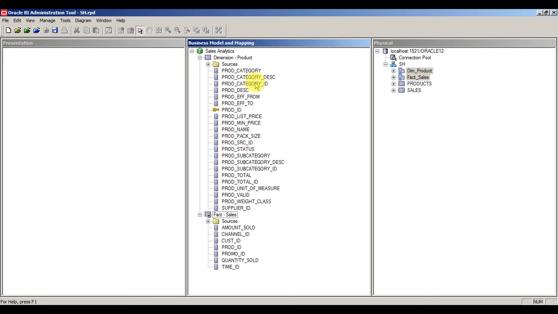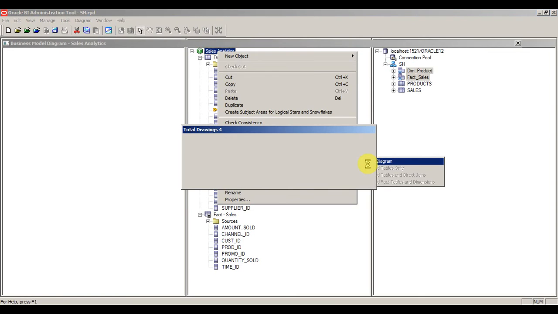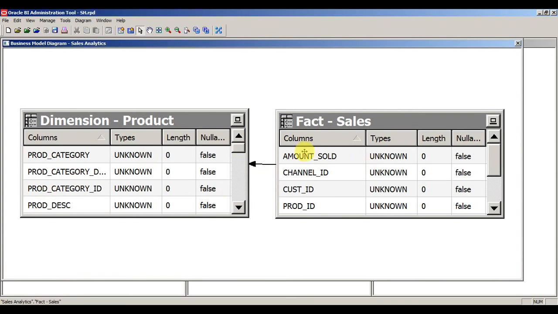To get the BMM diagram, you can simply click on the business model, click on the business model diagram, and click on whole model. Since we dragged both the tables together, even the join between them came into the picture.